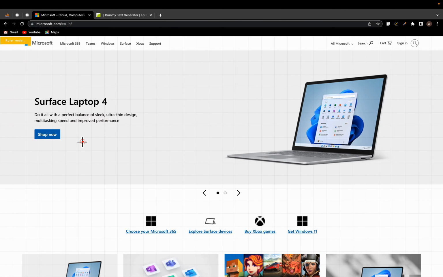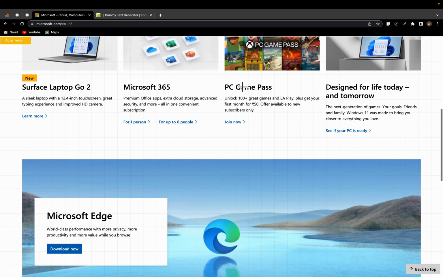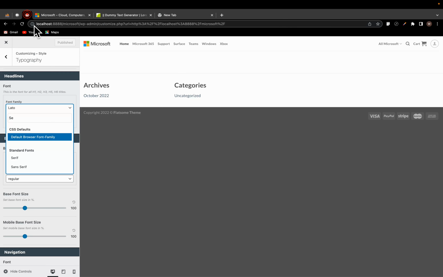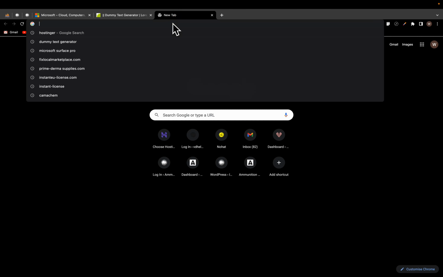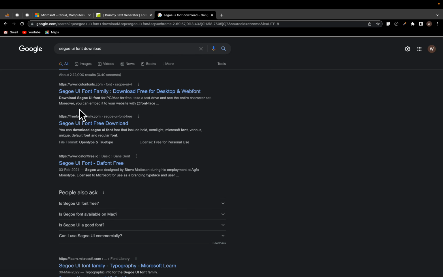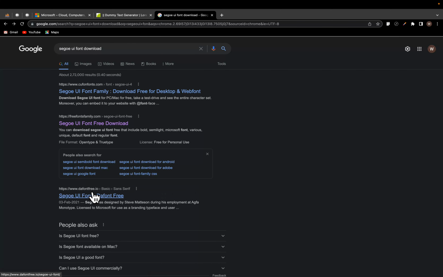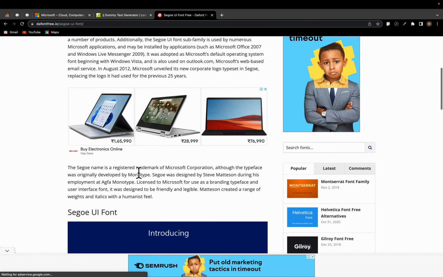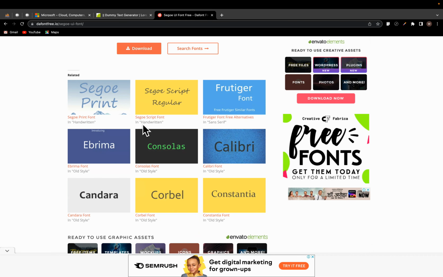Too bad, the Segoe UI font, let's see, it's not available. It's not a Google font, and that's why we can't find it here. So what we can do is we simply go ahead and download it online. Segoe UI font download, and we try to download it from any of these. No, I like that font. I like to download from that one. Okay, Segoe UI. So I'll download this,